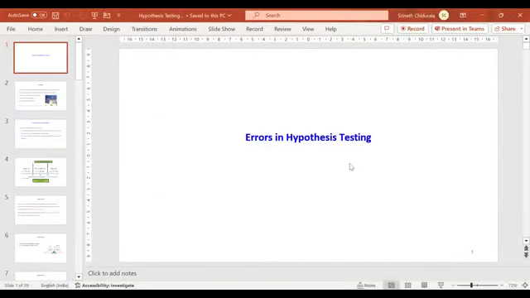Even in a manufacturing company, where they have to continuously monitor the process and the quality, these hypothesis tests are performed frequently. But other than that, in any other businesses or functions, it is not done